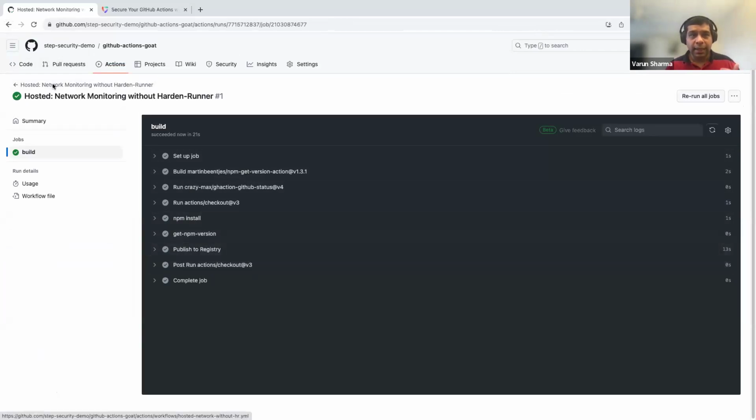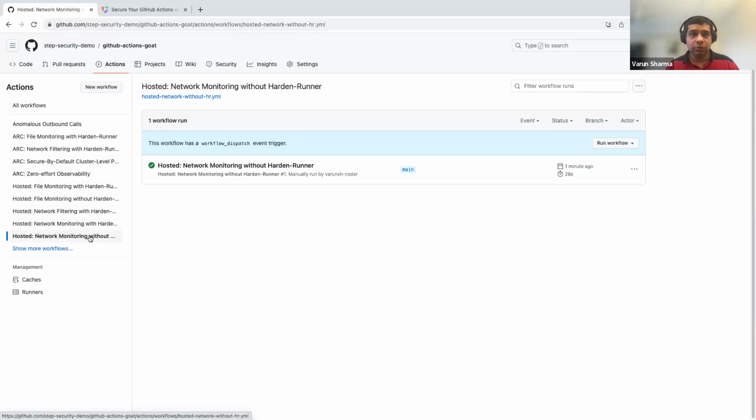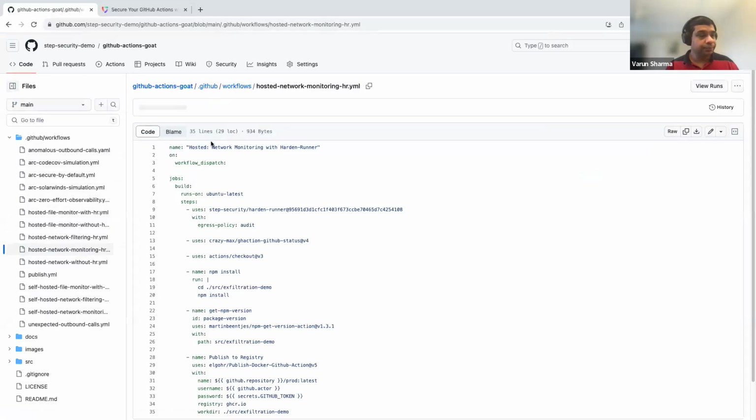And that is the default state of GitHub Actions or any CI/CD platform for that matter, that there is no real visibility into the outbound network traffic. So that is what this workflow shows you, that without a hardened runner, there is no network monitoring. Now, if you look at the one which says hosted network monitoring with hardened runner, in this workflow,